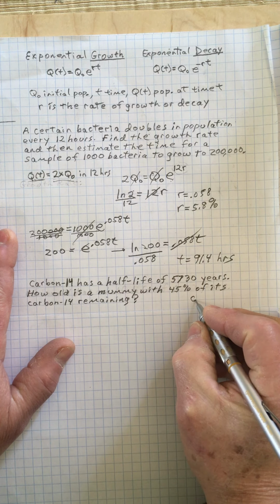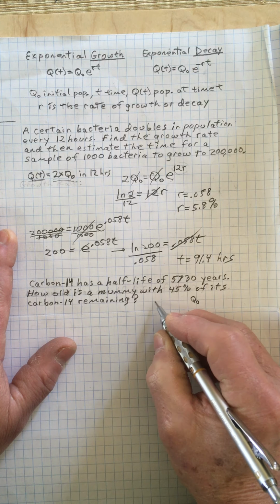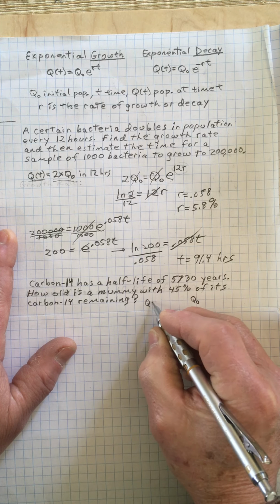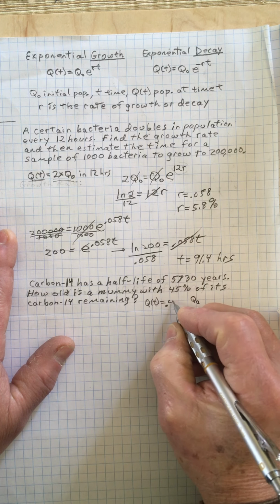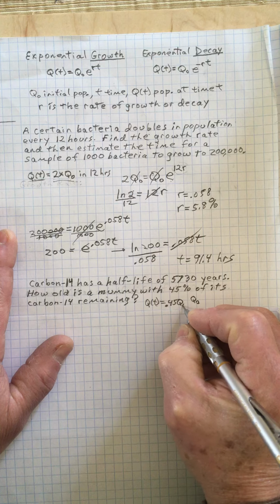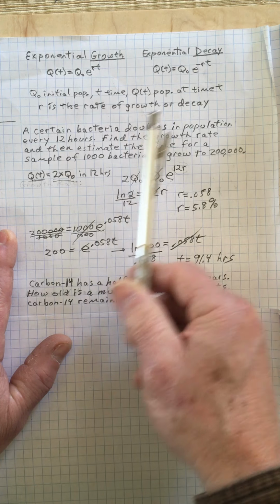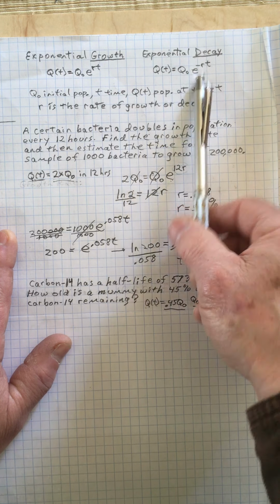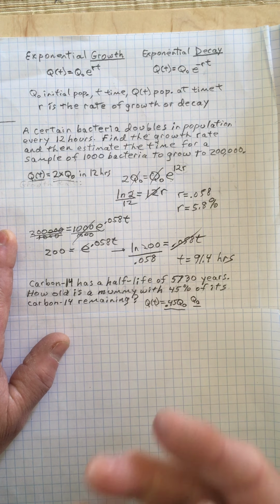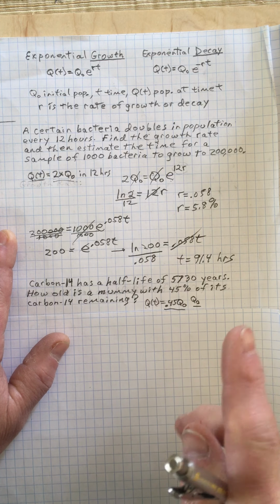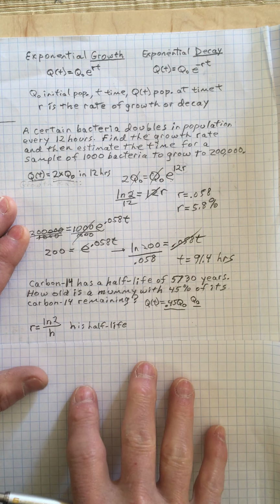If I started with a certain amount of carbon-14, then Q of t would equal 45% of that starting amount. So I have Q of t and I have Q0. But the problem is I don't have a rate or a time. They're not here. You can't solve an equation with two variables. You have to have one variable to solve it. Okay, but we can do it because for